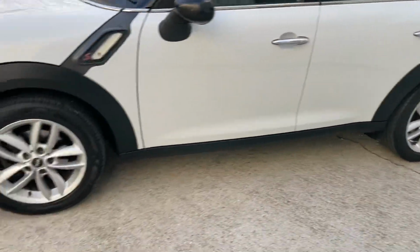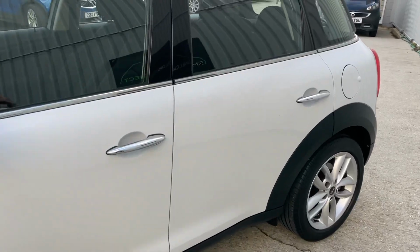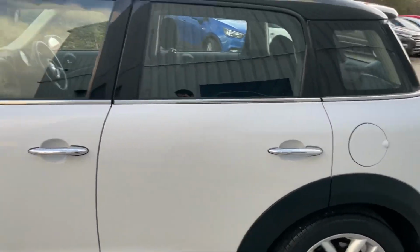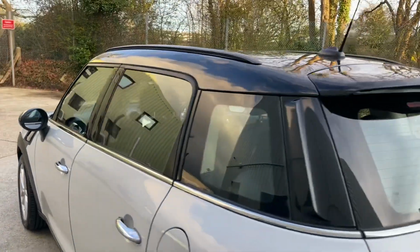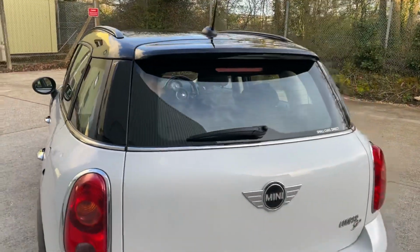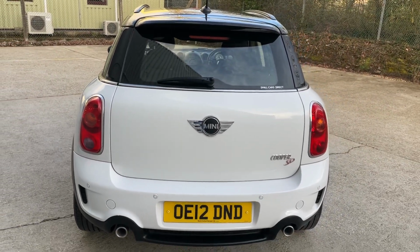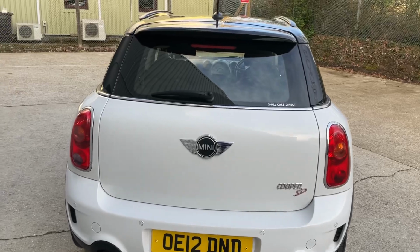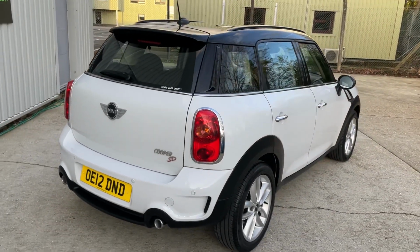appearance of the Mini. And what I'd like to do is give you a full and comprehensive review of this Mini's condition, talk you through its history, specification, jump inside the vehicle, look in the boot, look in the engine bay and start the car, so you've got a full and comprehensive view of this vehicle's condition prior to deciding whether you'd like to come and arrange a viewing by appointment and test drive this vehicle, which are available with